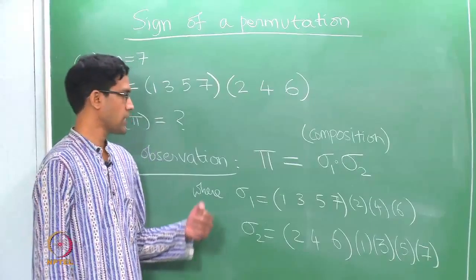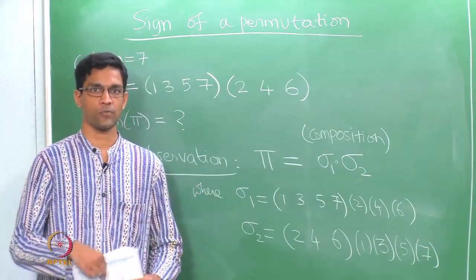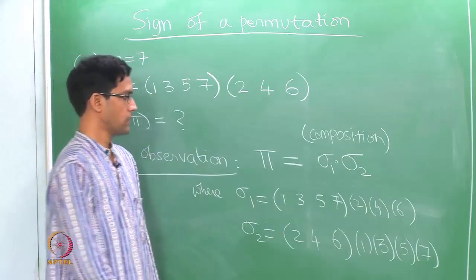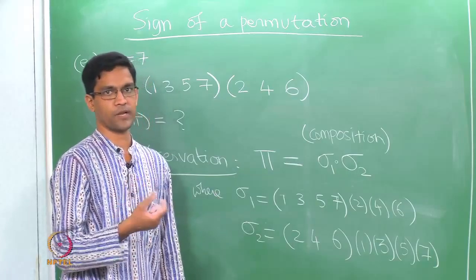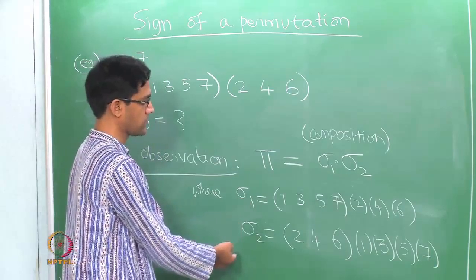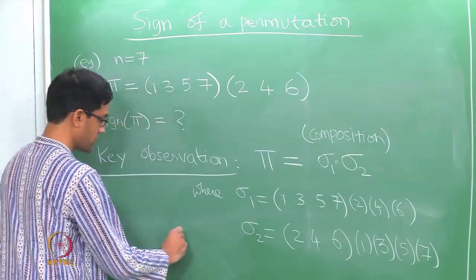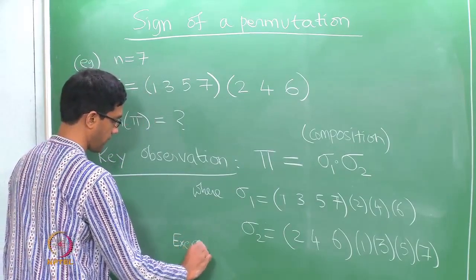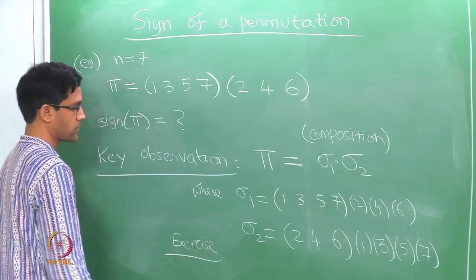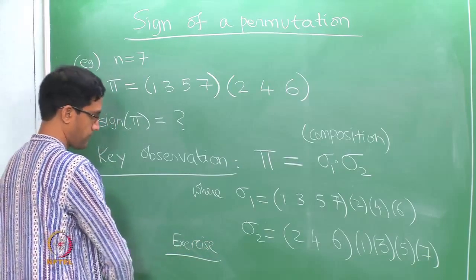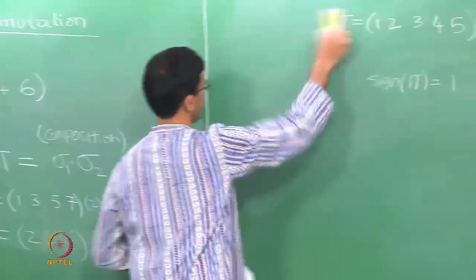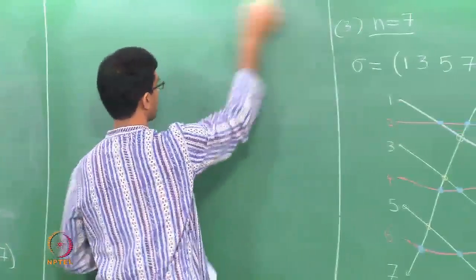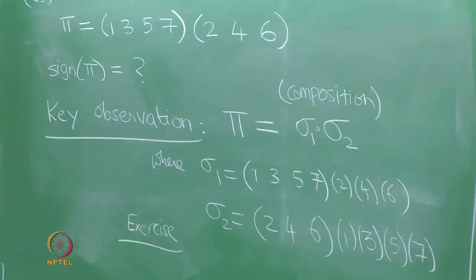Okay, so the key observation is that you can now use this notion of composition that we talked about and obtain the given permutation pi really as a composition of two simpler pieces, one being sigma 1 and the other being sigma 2. I leave this as an exercise for you to check that in fact the composition of these two permutations does give you back the original permutation pi. So now we go back to this whole business of sign and the relationship of sign to composition. So recall from before,